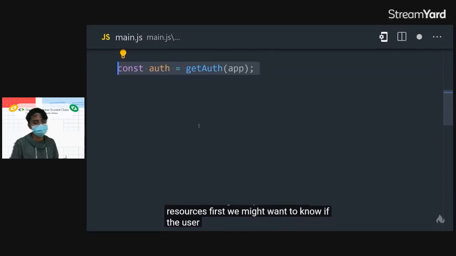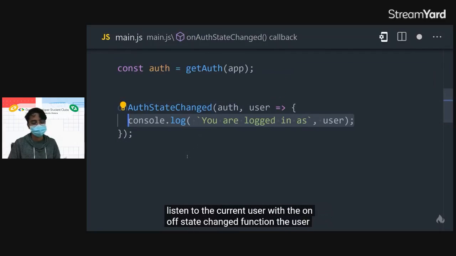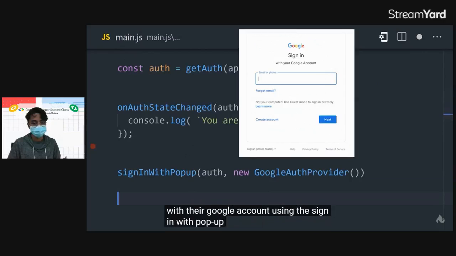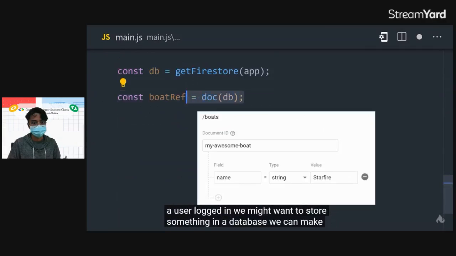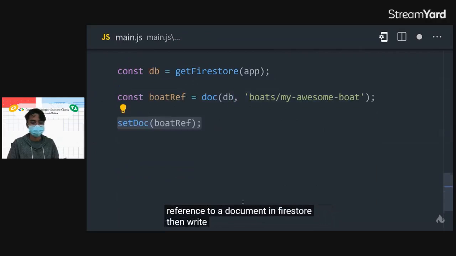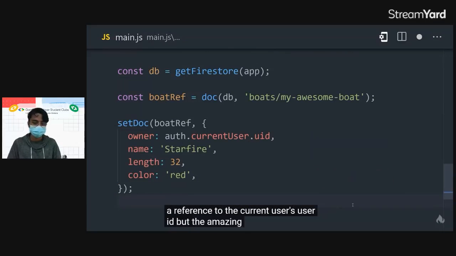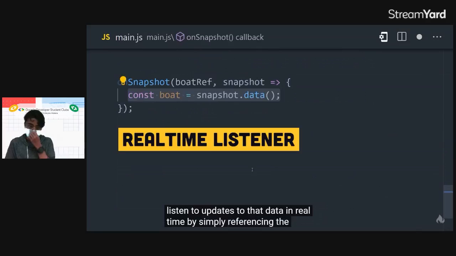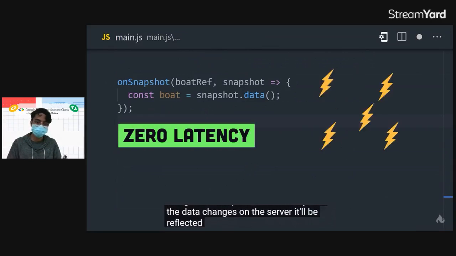First, we might want to know if the user is logged in or not. We can listen to the current user with the on-off state changed function. The user will be null at first, but we can log them in with their Google account using the sign in with pop-up function. Now that we have a user logged in, we might want to store something in a database. We can make a reference to a document in Firestore, then write JSON data to it while making a reference to the current user's user ID. But the amazing thing is that we can listen to updates to that data in real time by simply referencing the document using the onSnapshot function. Anytime the data changes on the server, it'll be reflected in the UI with zero latency thanks to optimistic updates